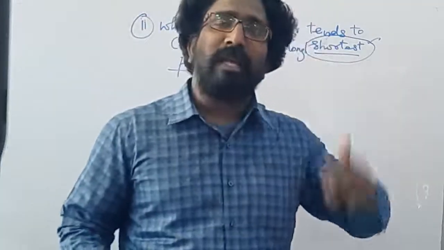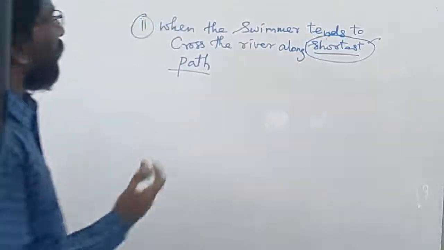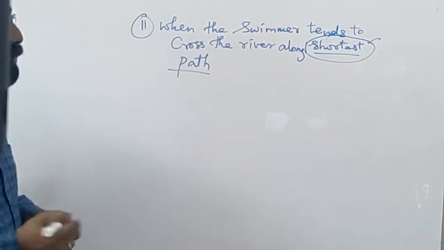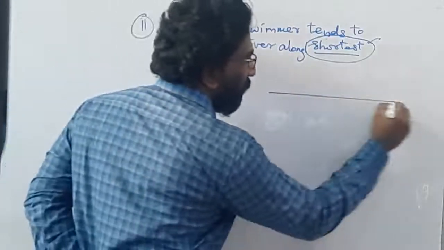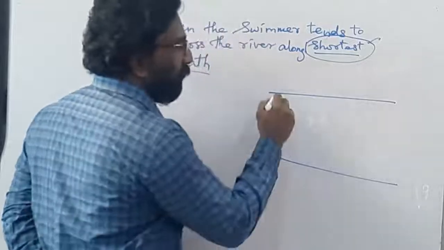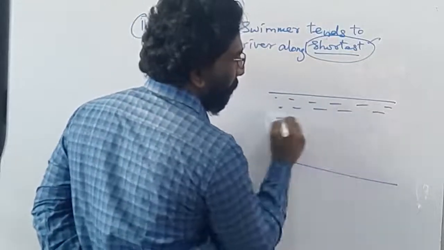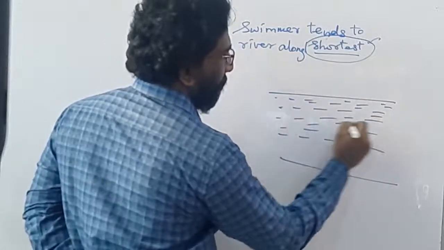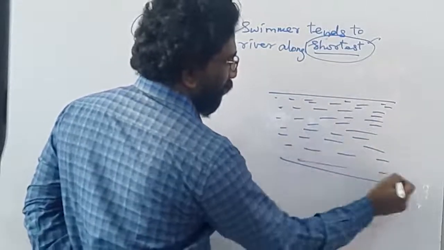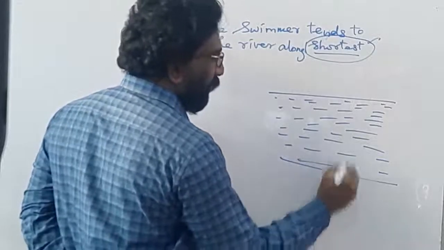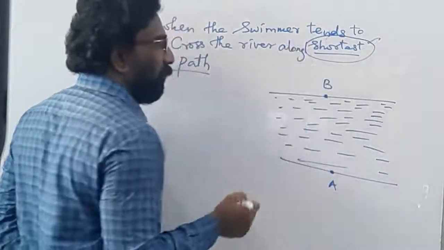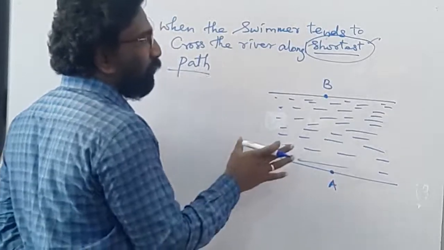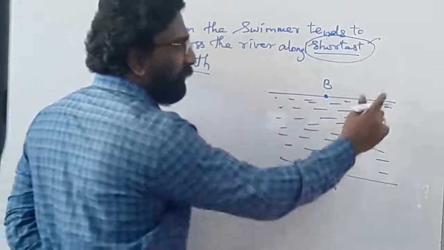In case we are supposed to calculate when a swimmer tends to cross the river along the shortest path. So now let me imagine this is my river. A person is over here, he has to reach this point B. So now, if this is the case, what a particular person has to do is, if a river is flowing in this direction,